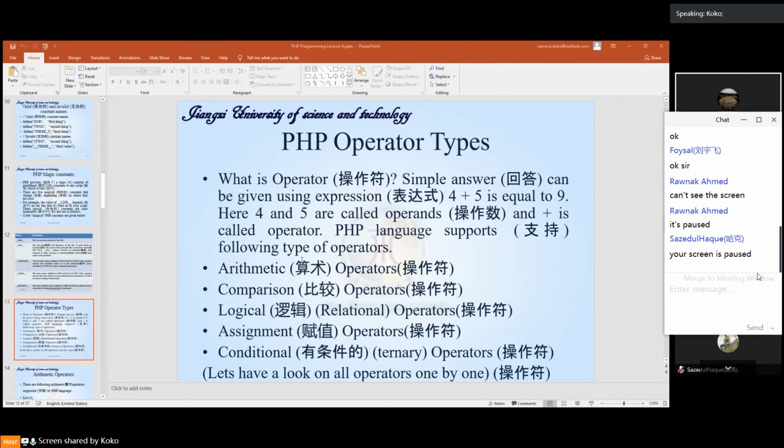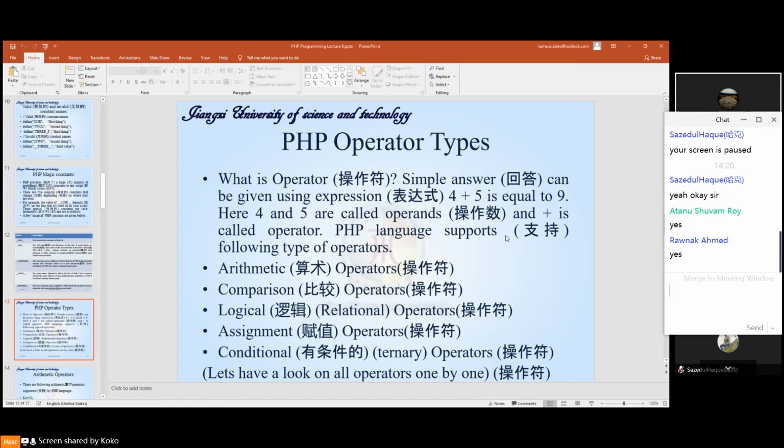Oh, screen is paused. Okay. Now is it okay or still not? Everyone? Sajidul Haq, Raunak? Screen is okay now? And Raunak? Okay. So